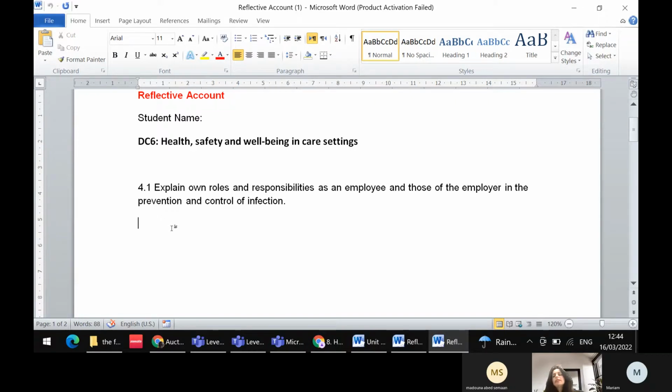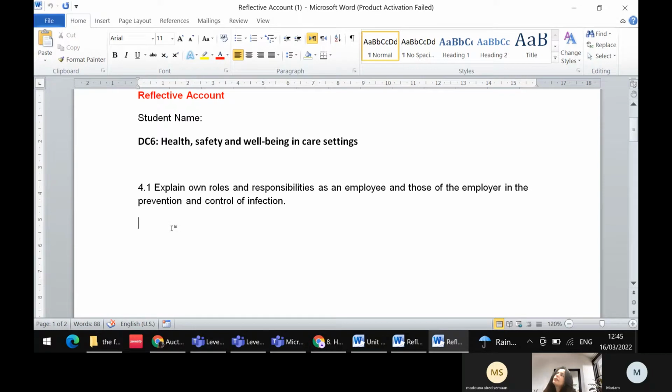And if one of my clients has any illnesses, I need to isolate them, make sure to take care of them, but not to mix them with others, otherwise that will spread the disease. I need to make sure my clients are always clean, otherwise this could spread bacteria or infection. I also need to, if there are any spillages on the floor, wipe them off just in case there is any infectious body fluid or anything. I need to clean it with disposable materials and throw it away.